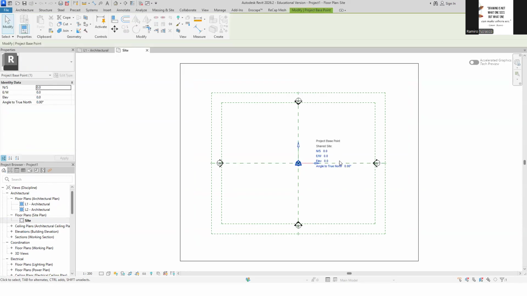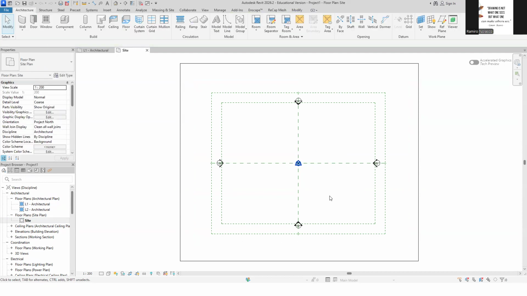So this is like the project base point. You'll learn more about this again next term. This is just an introduction. So I'm just going to show how we can do what we are doing in AutoCAD, translate it here. So we're in the site plan.